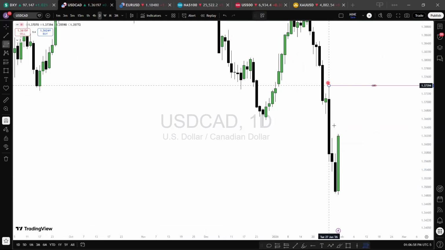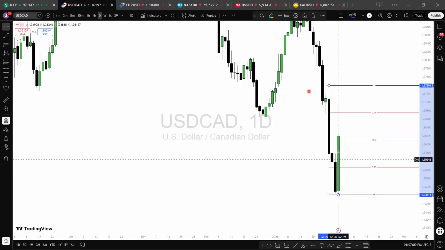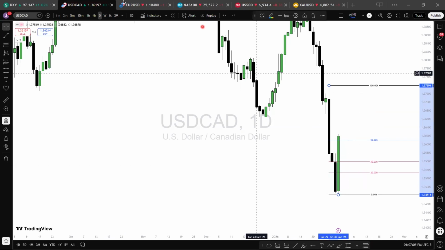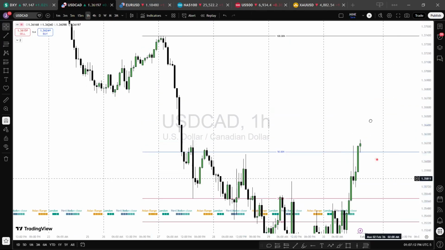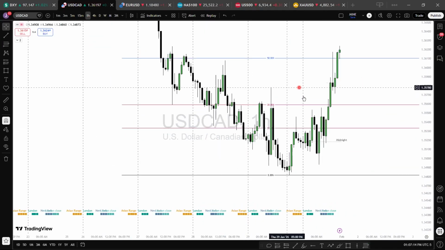But if I should use my measuring tool, because I expect 20 to 30% retracement, here you can see we got what 30% retracement, which was just very close to that high. So this was the buy side liquidity we're aiming for. You can see, but then I allow price to run higher to take this buy side liquidity, and I close